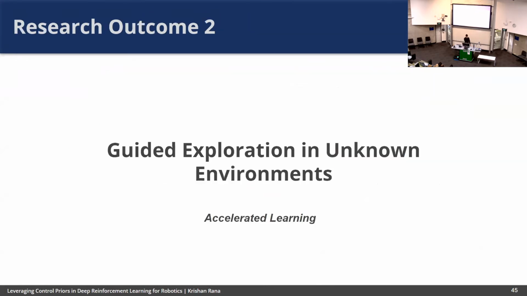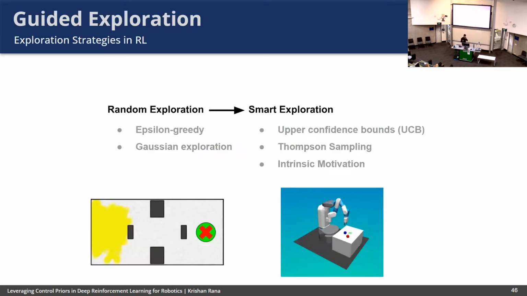Okay, so we move to research outcome 2, which focuses on the training side of things. In this one, we're looking at guided exploration in unknown environments, but particularly how can we actually accelerate learning with these classical controls. Firstly, just to set the scene for the current state of exploration in reinforcement learning, it's typically random. It's typically exhaustive, right? So random exploration, there's the smart exploration methods. They try to cover as much of the state action space as possible in the hope that once we cover